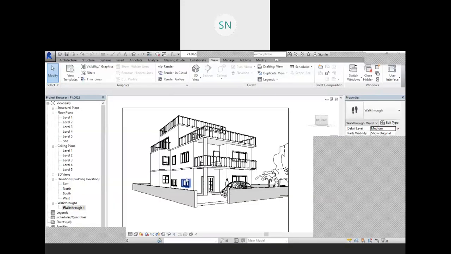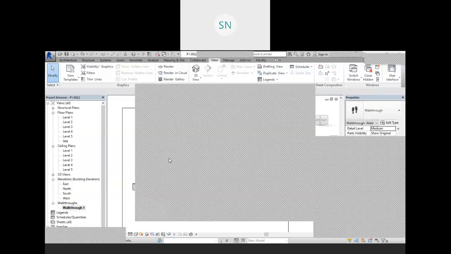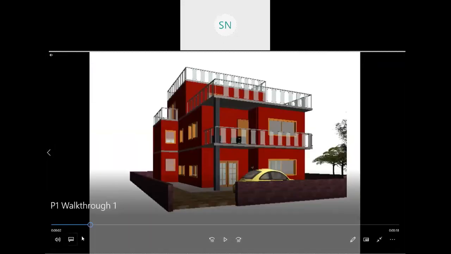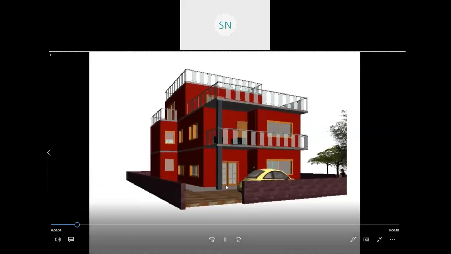We have not that much result, just a simple one. See, it is visible.